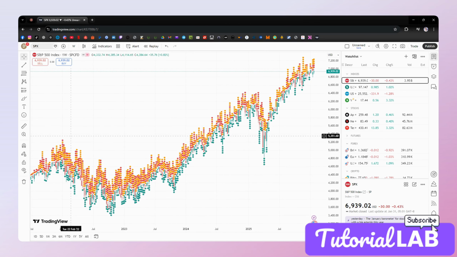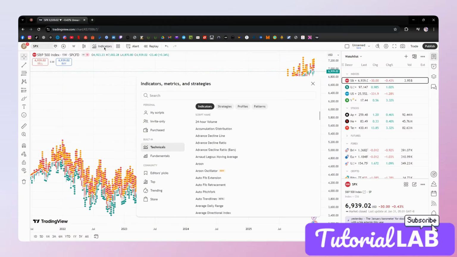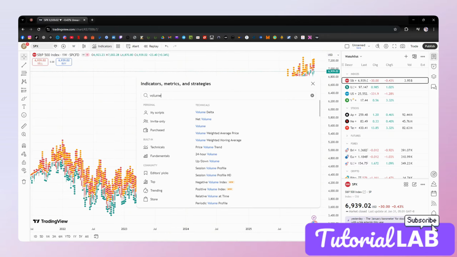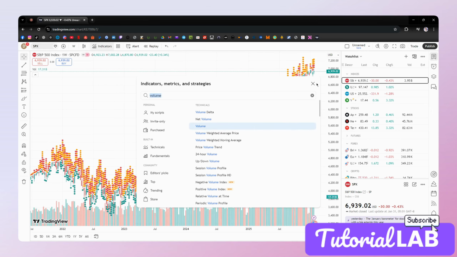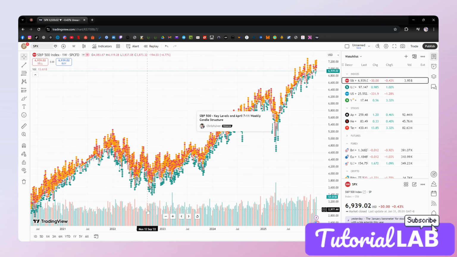The volume we need to use must be activated as an indicator. To do this, go to the upper left part of the page. You will see Indicators. Click this option and a pop-up window will appear. In the search bar, type Volume. You will see many options, but we only need to use the standard volume indicator that most people use. Click Volume and close. Now you can see our drop-down window and the chart appears showing the volume statistics for